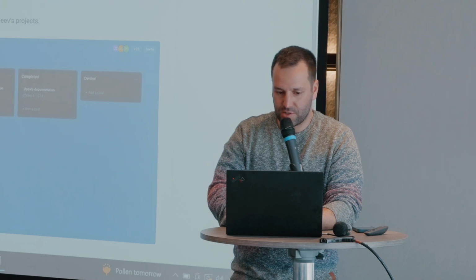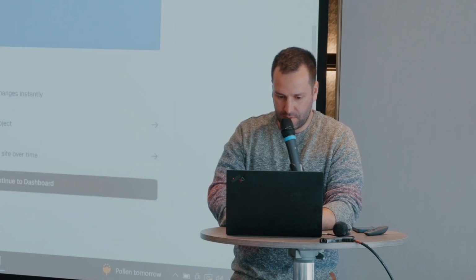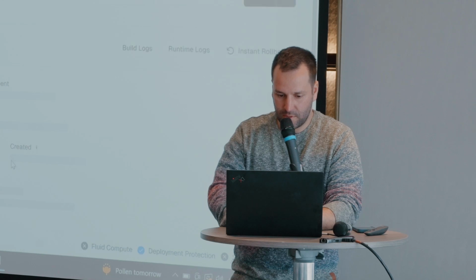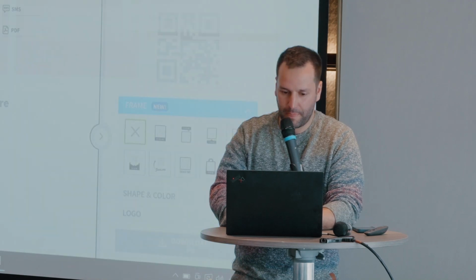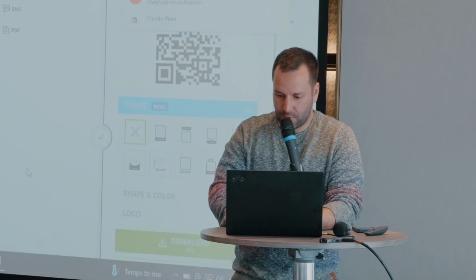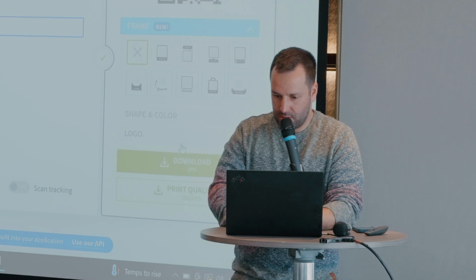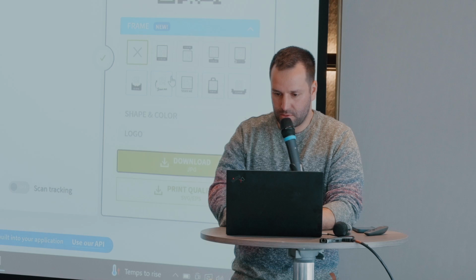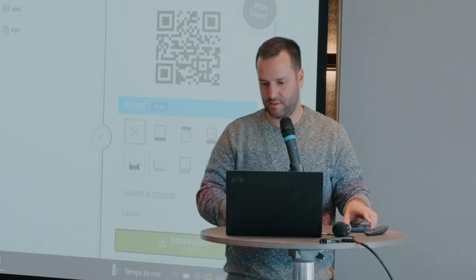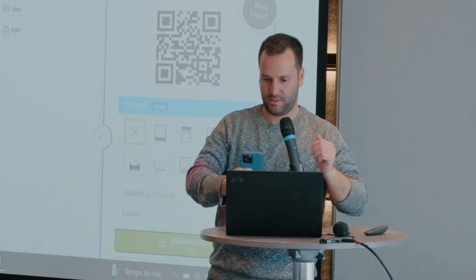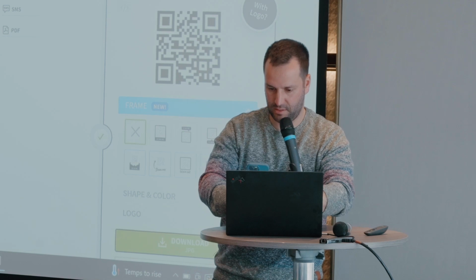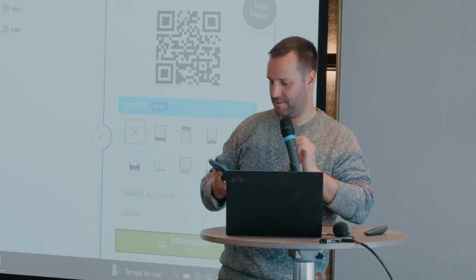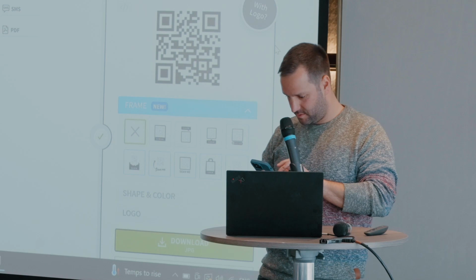Oh yeah, congratulations, your project is deployed. Continue to dashboard. So here is the domain of the project, and it works, it's live, Kanban Vercel.app. And now I'll create this QR code with it. It wants to sign up. No. Oh yeah, here it is. Let me try.